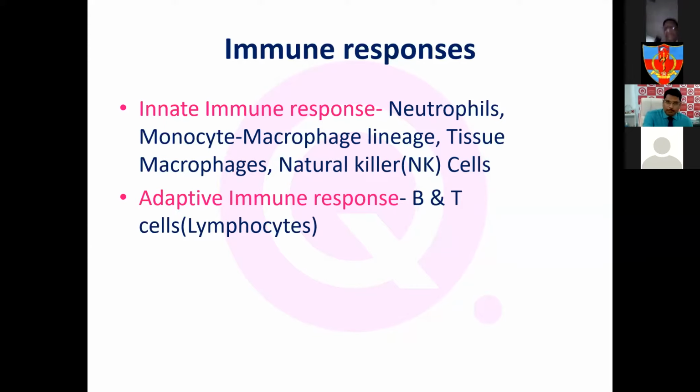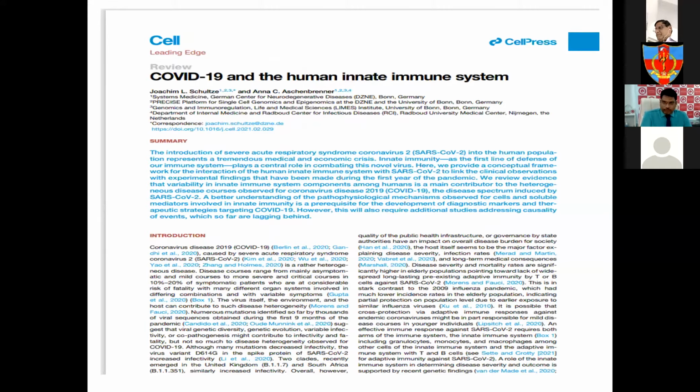So in the innate immune response, if it is attacked, what is going to happen is something we'll see in the next few slides that explains the pathophysiology behind COVID-19. This is one such article where I have found very interesting findings. It has come up in a journal called Cell, which has a very high impact factor. This kind of research we hardly get to see in the Indian context, and it tells us exactly at the cellular level what is happening.